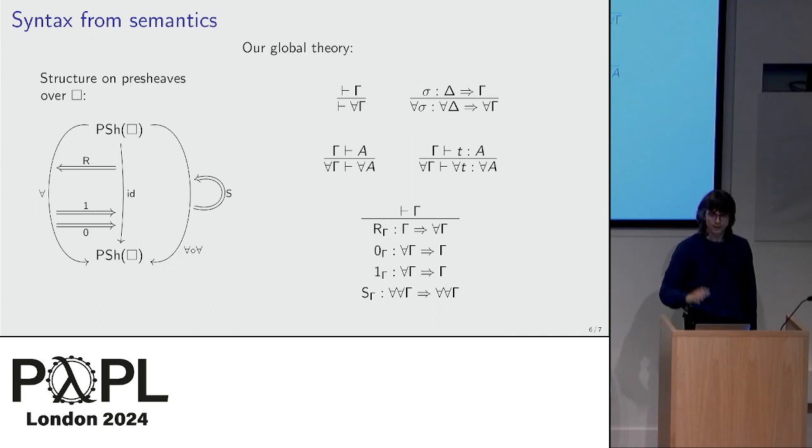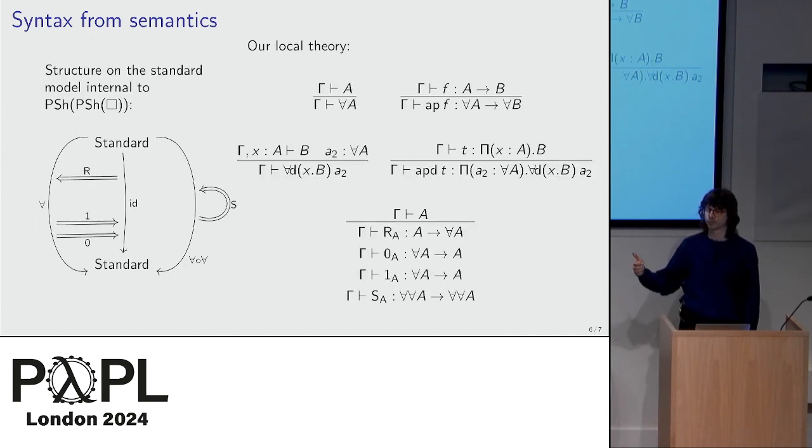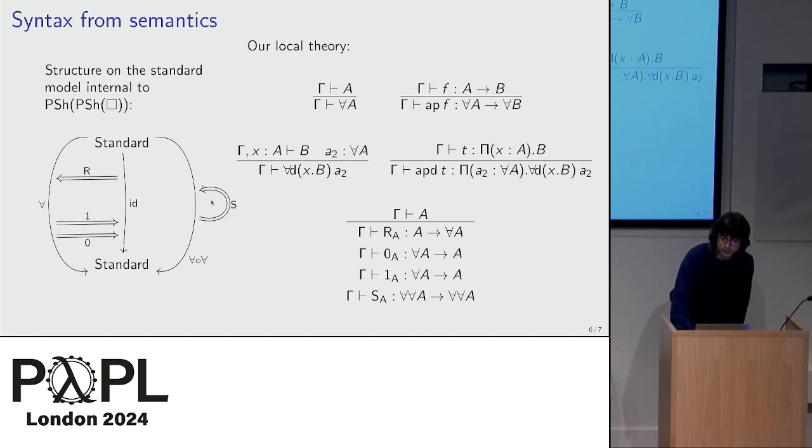You don't want this. So now you use logical framework, two-level type theory. It's also called higher order abstract syntax, this idea. So now I will generate a new syntax from the exact same diagram, but now it's not from pre-sheaf model to pre-sheaf model for all, but it goes from the standard model, which is internal to pre-sheaves over pre-sheaves, which I won't explain here, but the syntax that you get is exactly determined by this again,